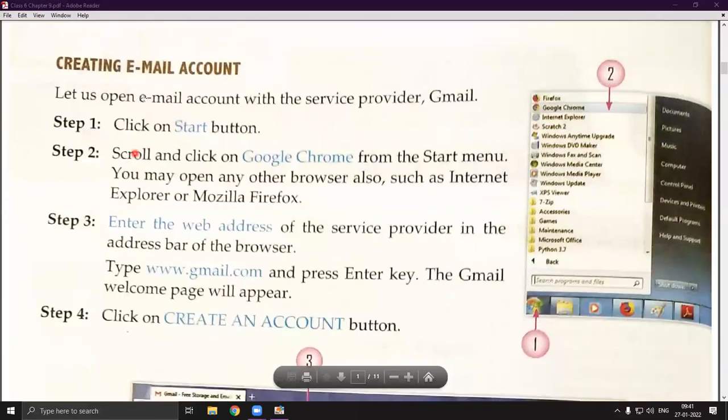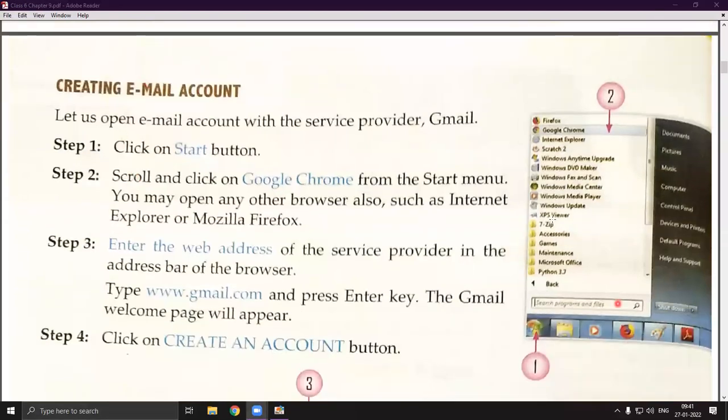Anyways, now we will understand some practical portion of email. So now we are going to understand how we can create an email account. The very basic and simple method is to create an email account using the Google provider. Google is a service provider we all are using. So let us open an email account with the service provider using Gmail. First, we will understand the theoretical aspect of this topic, then we will practically implement it also.